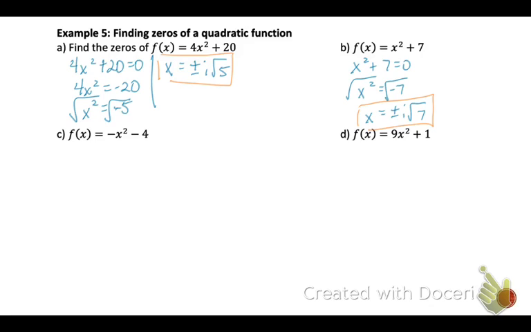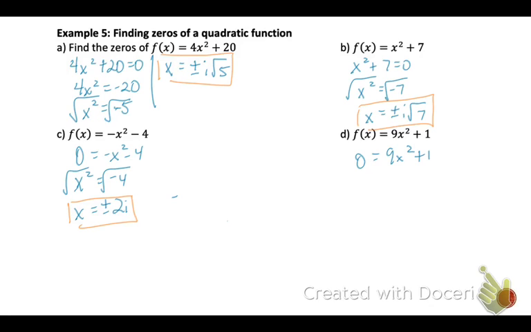Again, let's do another one with c. Replace f of x with 0. Negative x squared plus 4. So this time I'm going to add my x squared to the left side. When I take the square root of both sides, I get plus and minus 2i, because 4 has an even square root. And finally, with example D, we'll replace the f of x with 0, and then